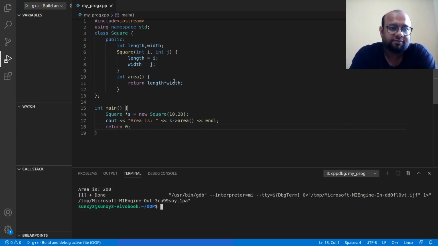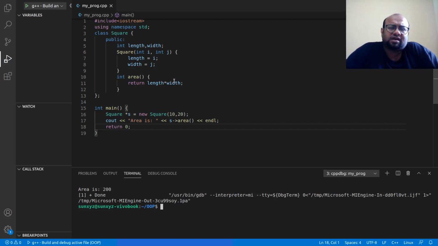Okay. But then understand this, there might be some point in time when you will not know beforehand how many objects you are going to create, how many objects you may need, when you are going to create this object. So your logic may be that depending on some value you are going to create an array of objects, then you don't know how many objects are going to be there.